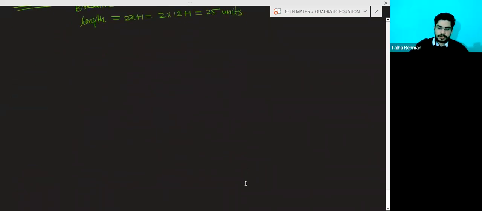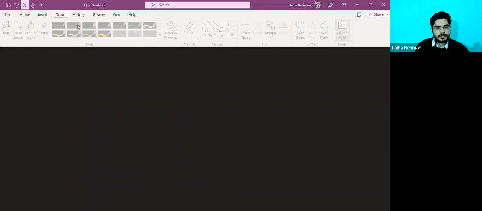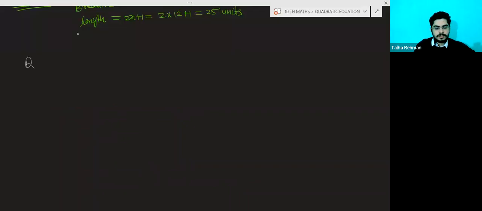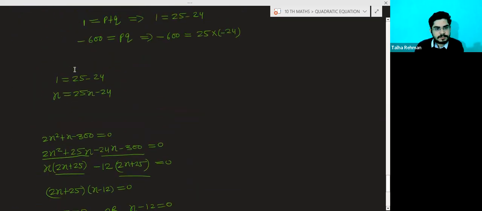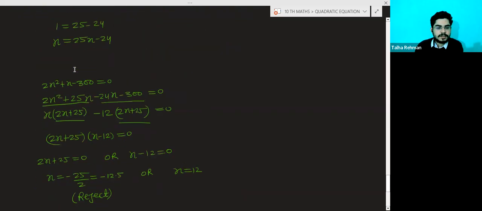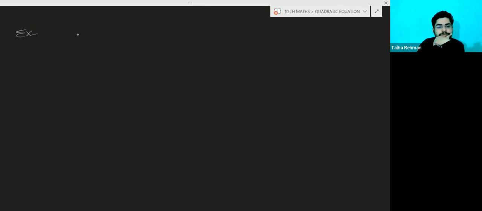Very good. Okay, so one more question I am giving you for homework. This is example number 5, I am giving you for homework. We will again discuss this example number 5 in the class, but I am just giving it to you. You have to find the roots of this quadratic equation: 3x square minus 2 root 6